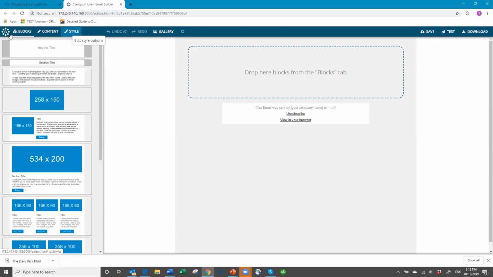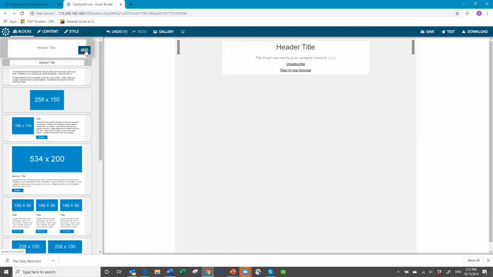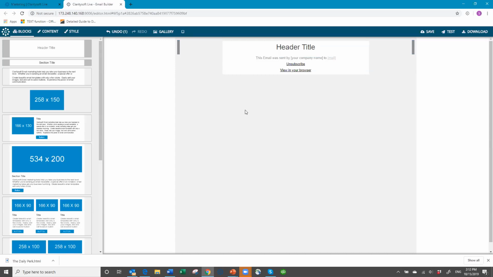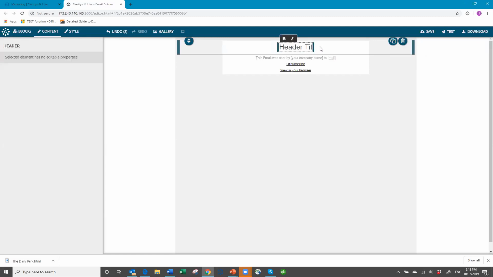So if I want to pick a block, and let's say I want to do a header, I can click the add button and it places it over here on the right hand side where I'm building my template. And when a block is selected over here, notice these dark blue vertical bars on either side. And when I point to it, I get some buttons. This allows me to delete the block. This allows me to copy the block or duplicate it. And then I want to click here and I can take out my text,